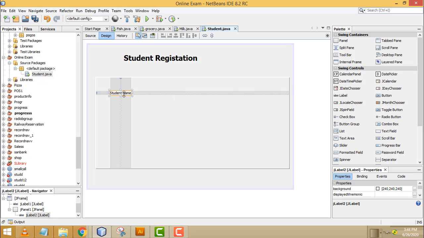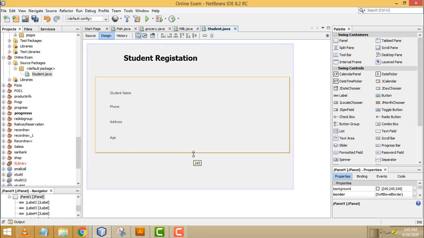After that, same label, Control C to copy, Control V to paste. This one should be the age. Again Control C to copy, Control V to paste. This one should be the phone number. Another thing we need is the address, Control C to copy, Control V to paste. Simply I am giving the 4 fields, right?